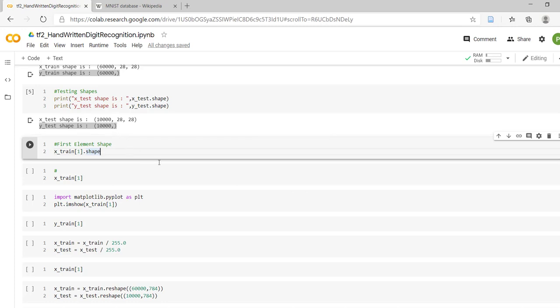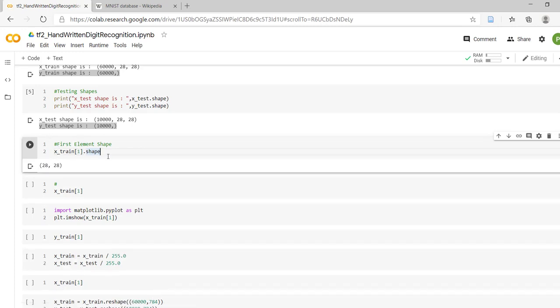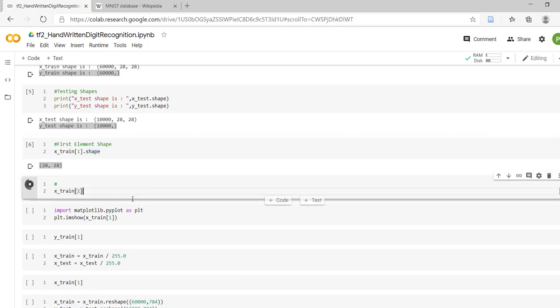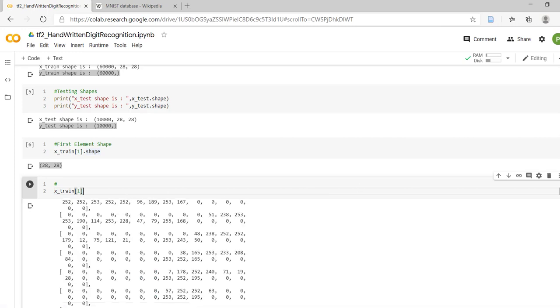So let's check out the first image shape. x_train[0].shape provides us 28, 28. Now what is the first image? The first image includes numbers.